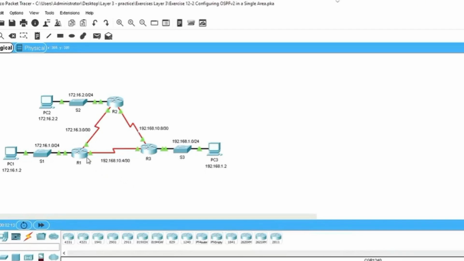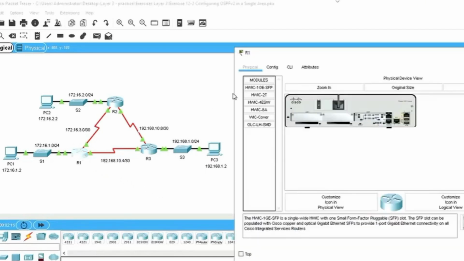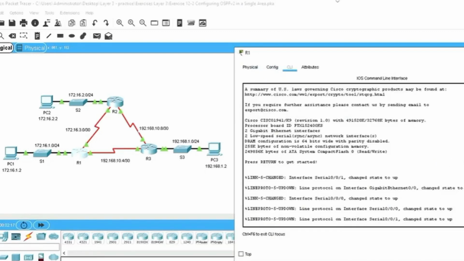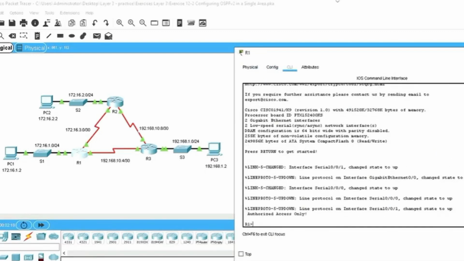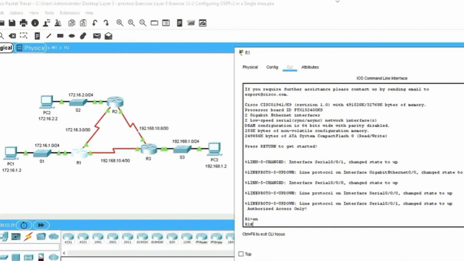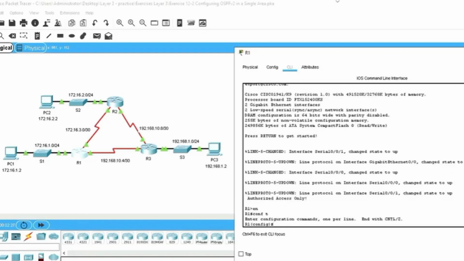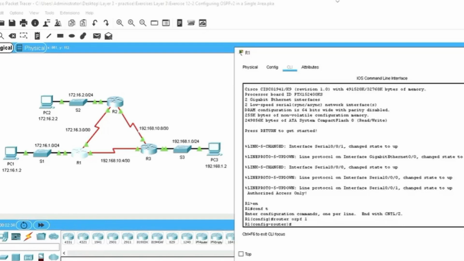Alright, so for this, let's open router number 1, go to the CLI tab, and enter the command en, or enable, to turn on privileged mode. After that, to enter the terminal configuration, let's enter the command conf d, or configure terminal. Now let's enter the OSPF 1 configuration by running the command router ospf 1. Let's define the network addresses for each interface by running network